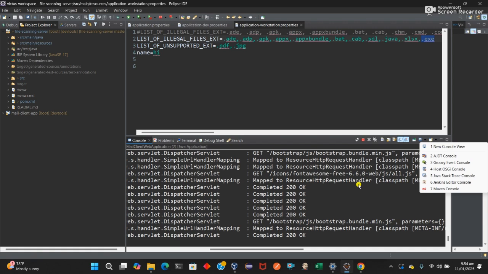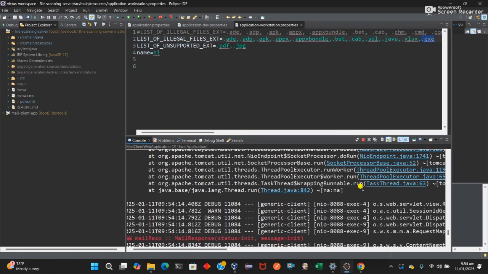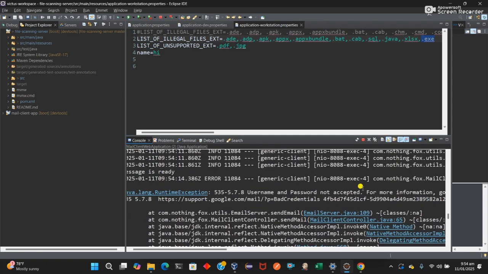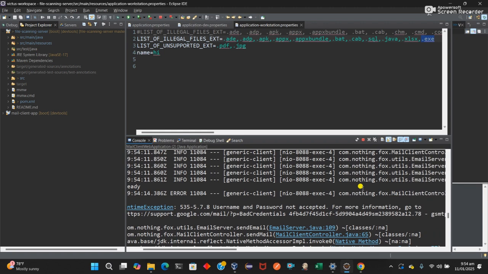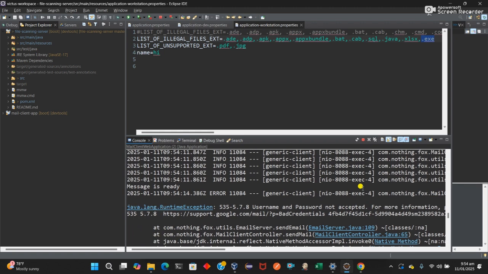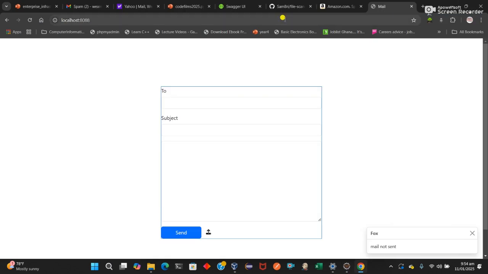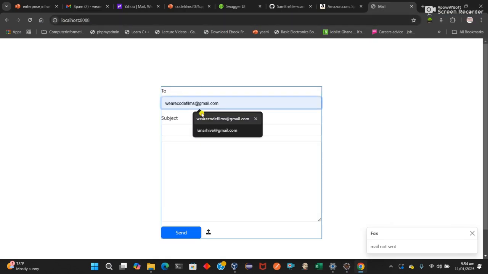And the issue the mail client app is having is because the mail server that sends the file is throwing an exception. As it stands now, the mail server is a Gmail server, but in the real world, we are not only going to be sending to Gmail users, we'll be sending to Yahoo users as well. So we want to send to a Yahoo user, maybe John Doe,